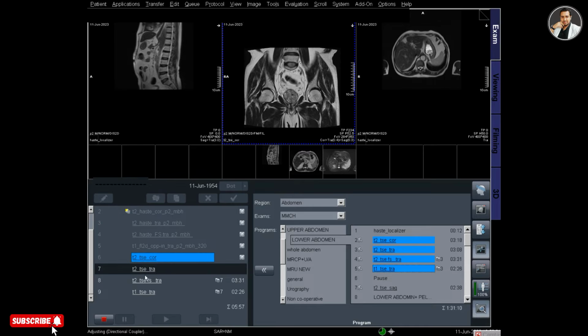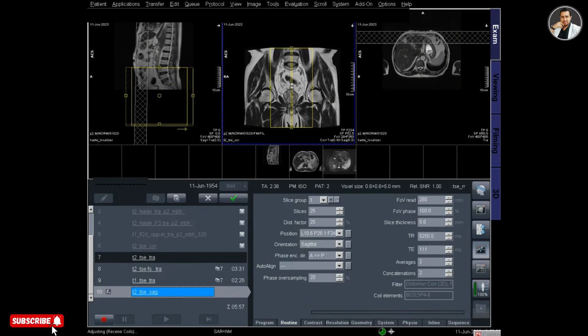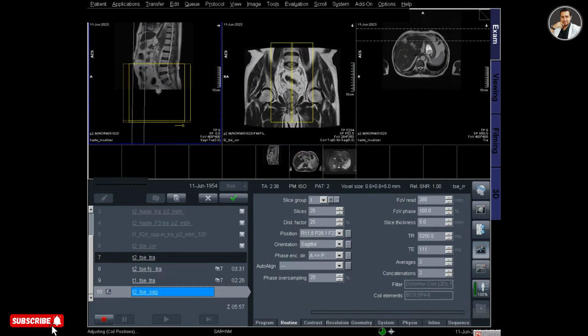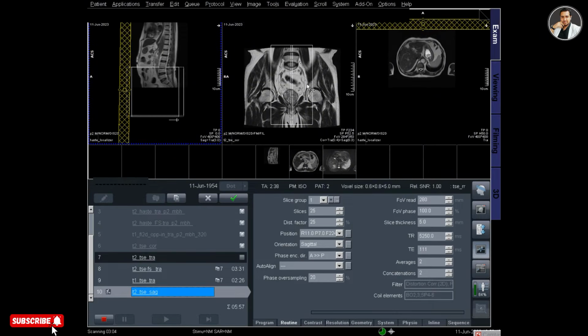So the T2 transverse protocol has been planned, and the rest of the transverse protocols copied the planning from the T2 transverse. And now I have dragged the T2 sagittal protocol for the pelvic region and planned over the coronal image for sagittal.